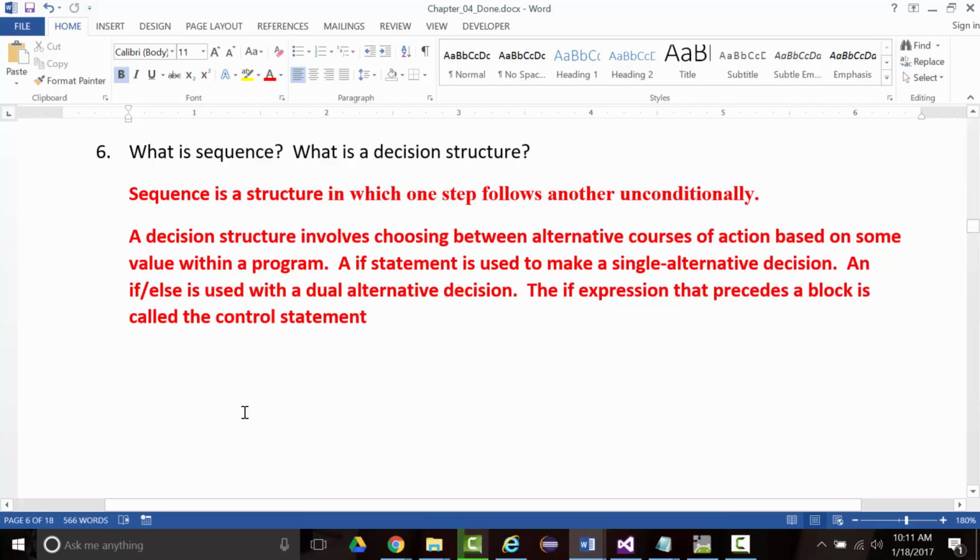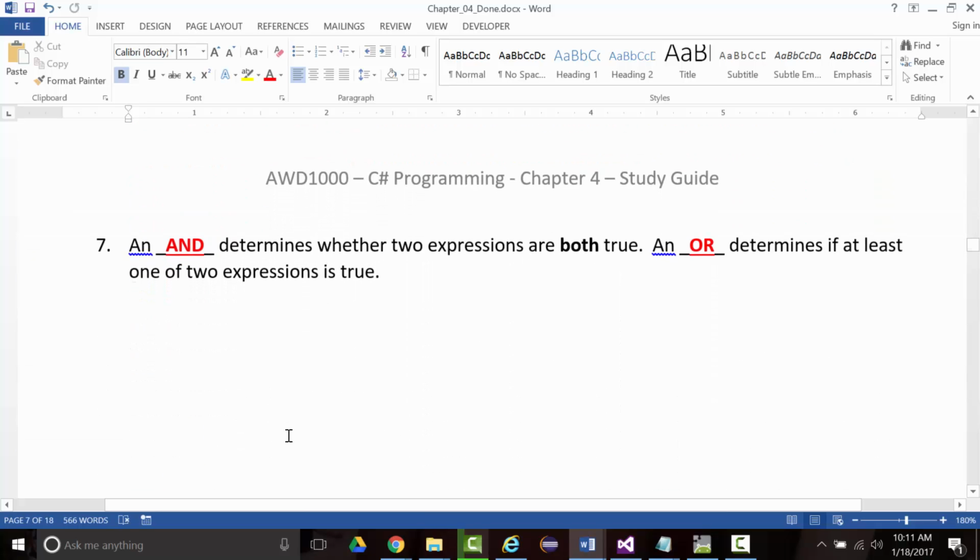All right, so number 7. And they both have to be true, or at least one must be true. So again, you saw this before too, that if I come through here and I write if X, whatever that happens to be, and Y, okay, this must be true and this must be true. They both must be true. But if I write if X or Y, then either this one must be true or that one must be true, not both. They can both be true, but they don't have to both be